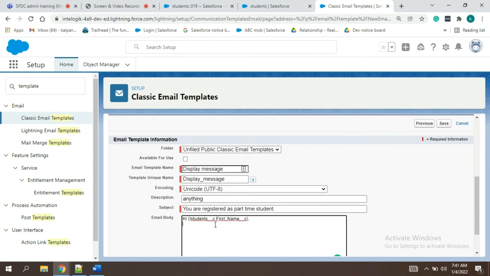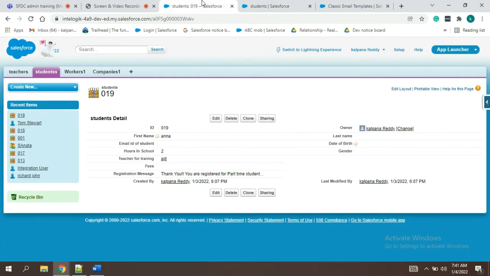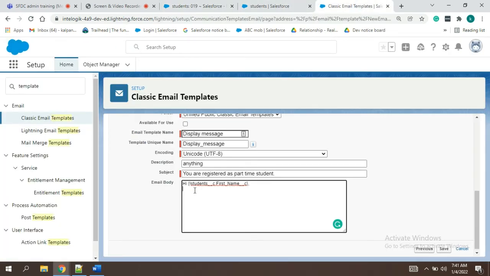So this will do dynamic name sharing. What I did is I chose the first name of the student. So whenever this workflow rule triggers, whatever first name I gave for them, we are sending an email. For that reason it will show, hi Anna. Okay, this is that one.